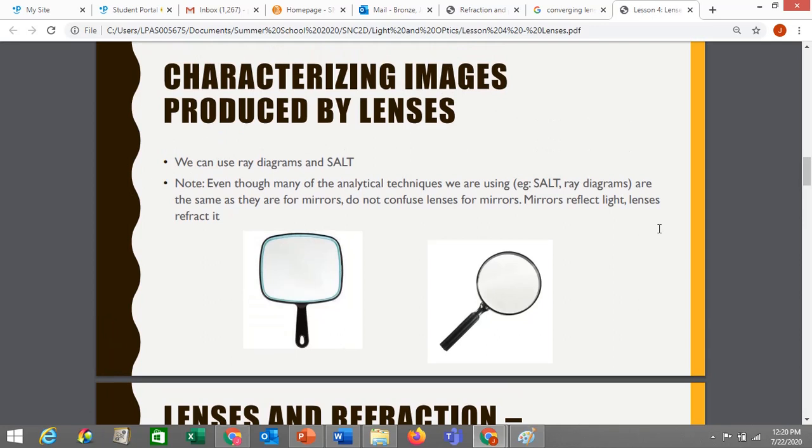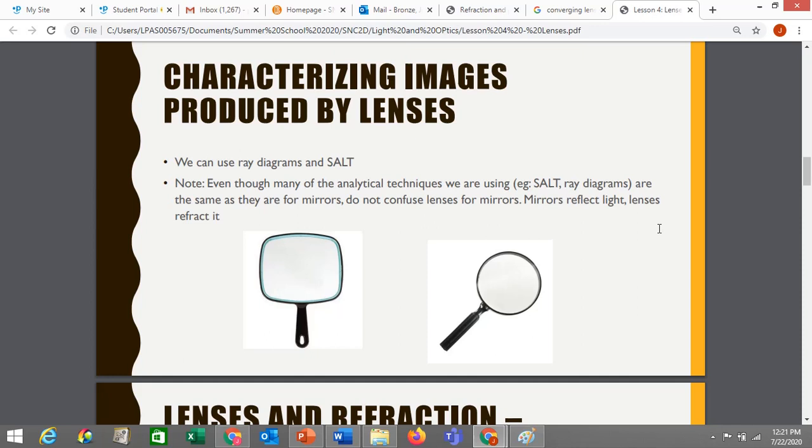Images produced by lenses. So we're going to use the same techniques we use for mirrors. We're going to use ray diagrams and we're going to use salt. But this is where I want to stop you and get you to think about what you're doing when you do these questions. Because what you'll often get in front of you is a picture that looks familiar to you, right? You'll have a principal axis. You'll have something in the middle of the principal axis. You'll probably have an arrow somewhere. You'll have C and F,